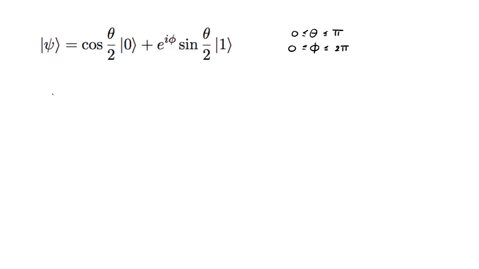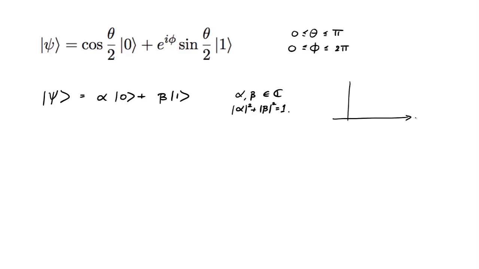So what's the state of a qubit as we know it? Well, it should be alpha|0> plus beta|1>, where alpha and beta are complex numbers and they are suitably normalized. Now, remember there are two ways we could write down a complex number. A complex number sits in the complex plane, and if we are given a complex number alpha, we could write it as a plus ib,